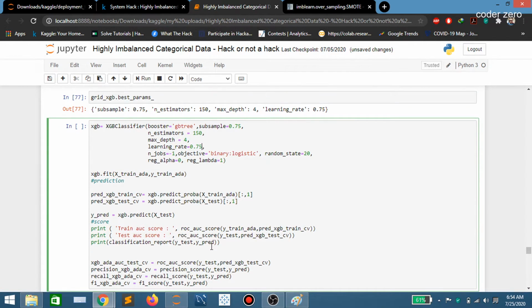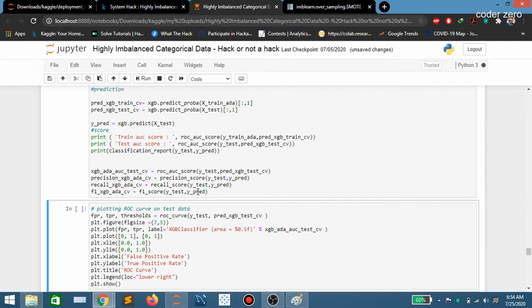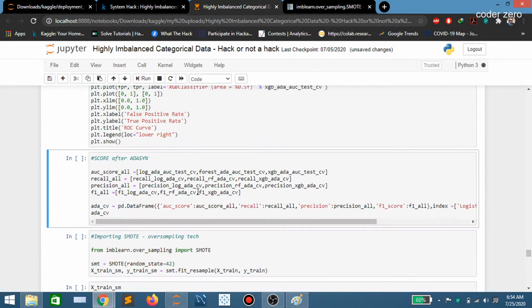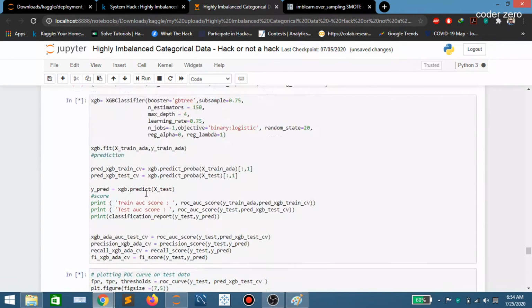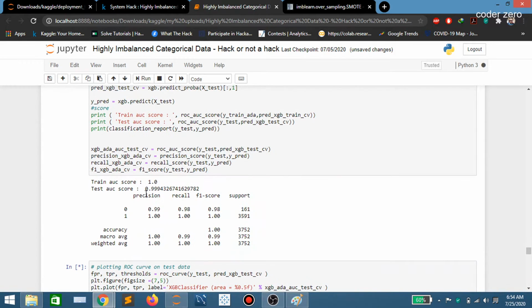Now let's do the prediction and scoring and let's plot the ROC curve. Okay, it's working. So after prediction, we have an AUC score on train data equal to 1.0 and on test data we have 0.999.